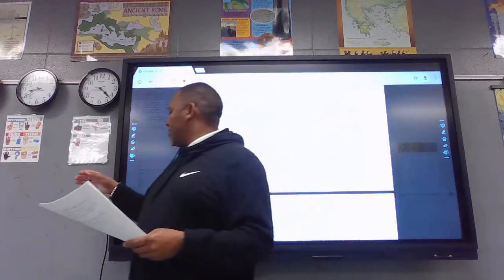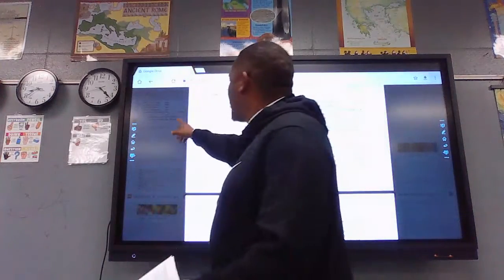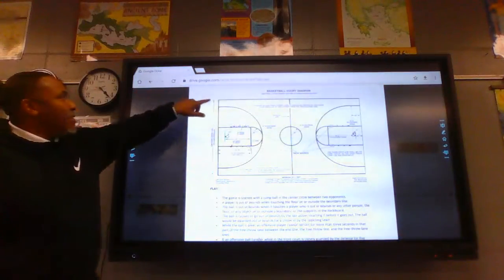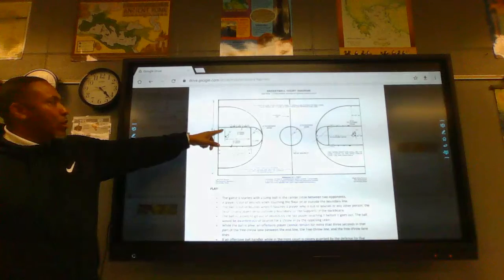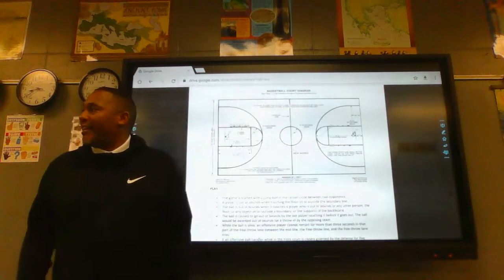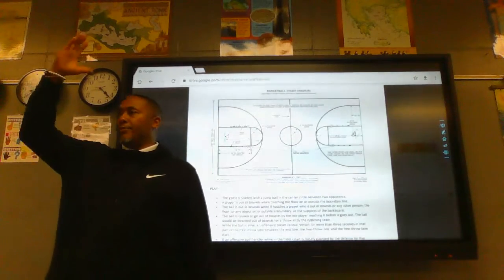Meaning, if the ball touches any part of the out of bounds area. If I'm standing underneath the goal and the ball touches my body or my leg and rolls out of bounds, who's it out on? Me.